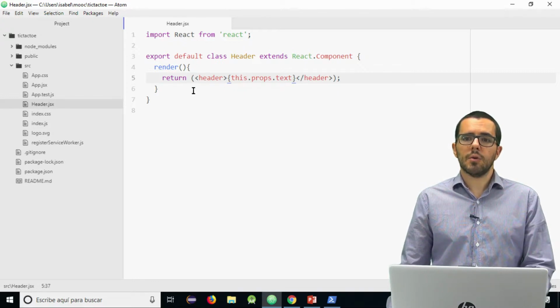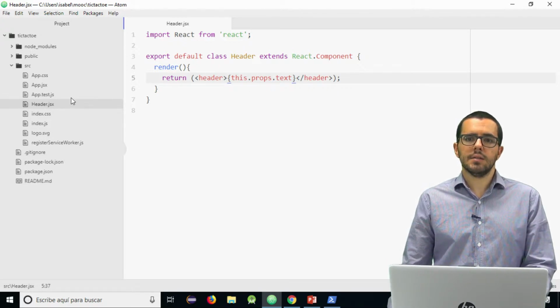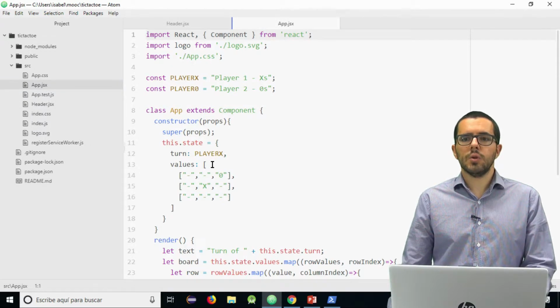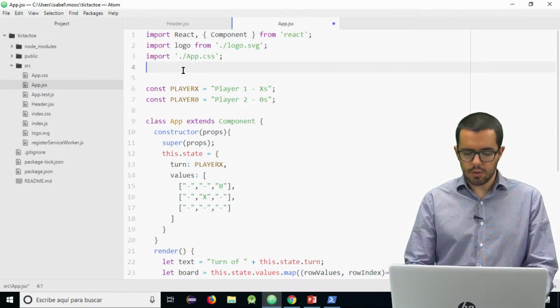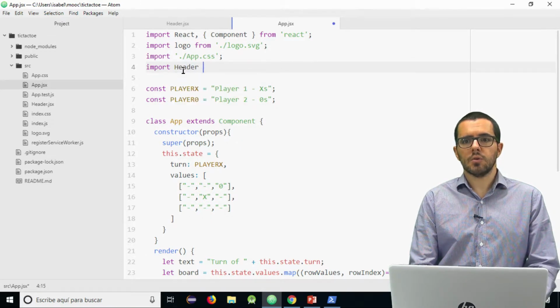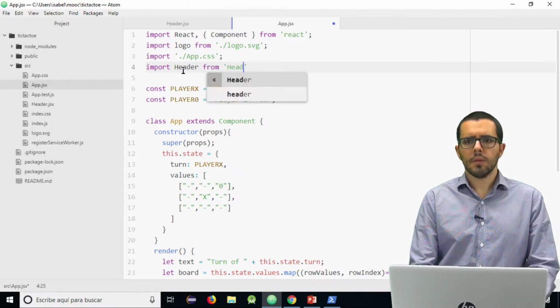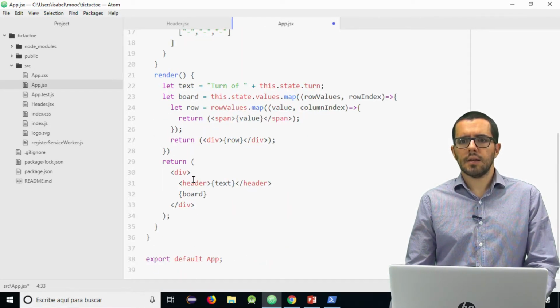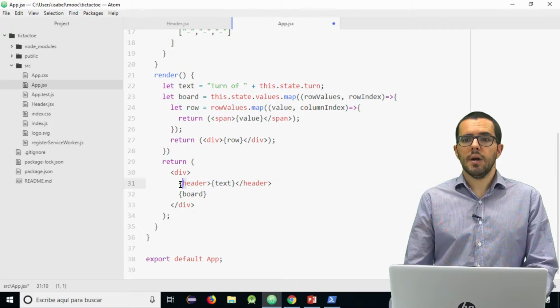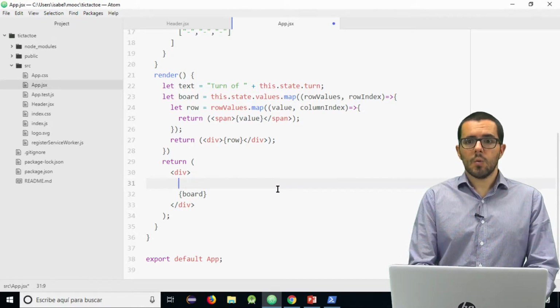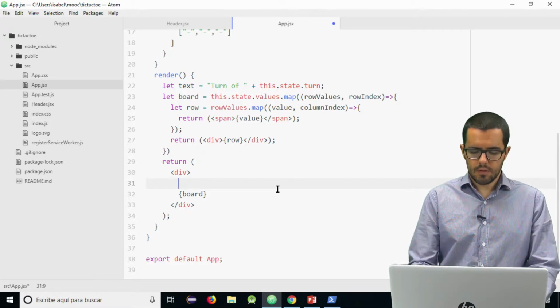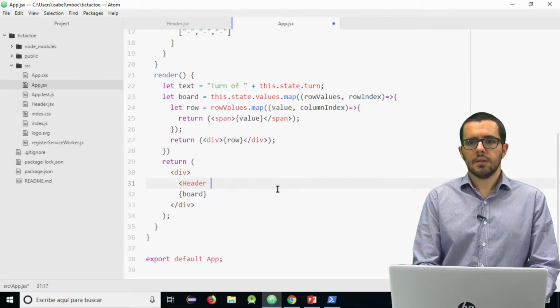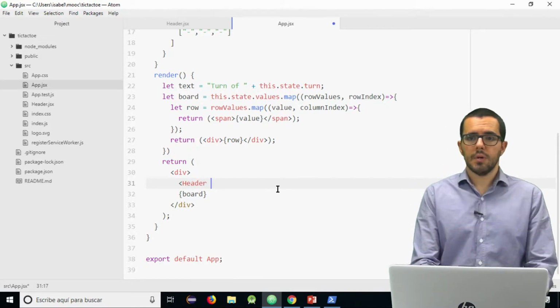This is just a presentational component, and it is usually defined as a function, but I keep it as a class for simplicity. How do we use this component? Well, in the first place, we need to import it to be able to use it. So import Header from header.jsx, and instead of this lowercase HTML tag, remember our components are uppercase, we want to add this Header component with a prop, that is the text.